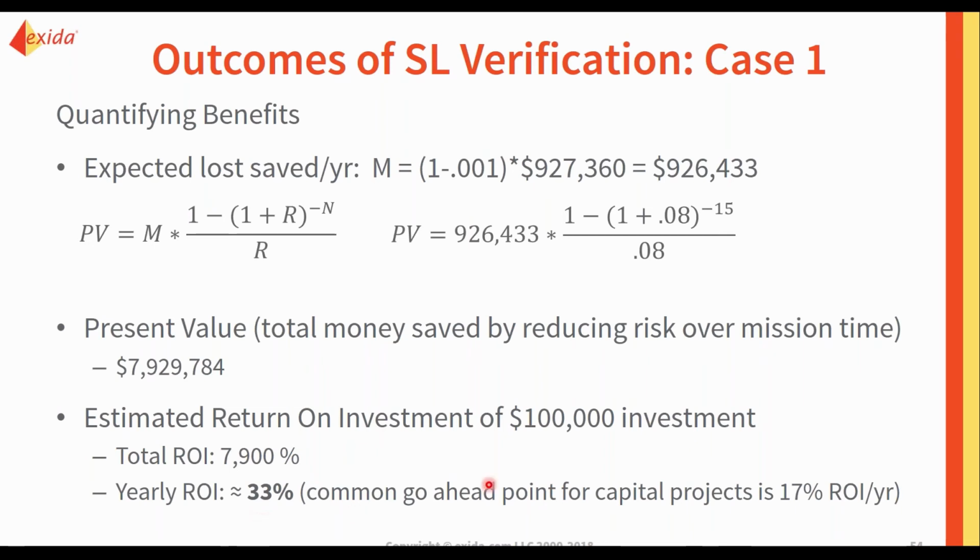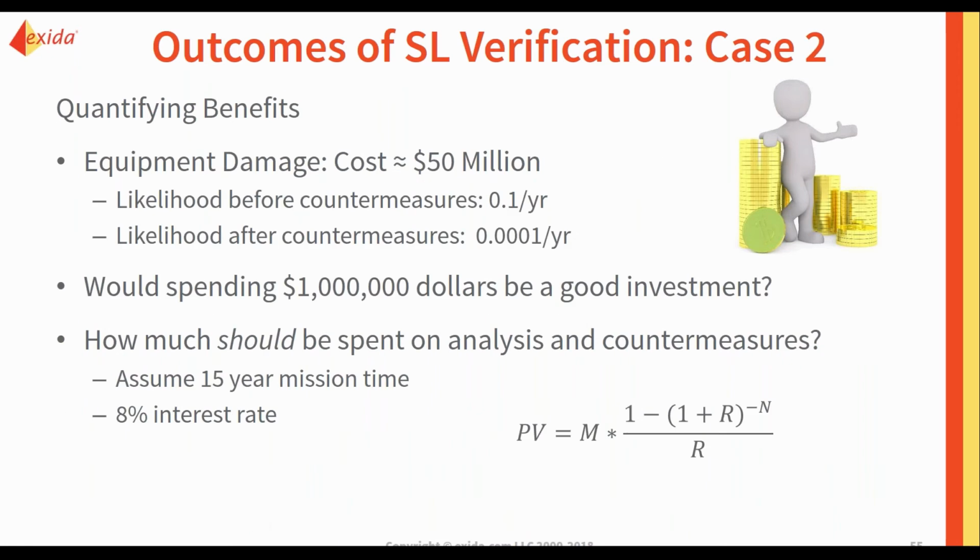And just for reference points, for a lot of capital projects in the chemical industry, around 17% ROI is typically the say-yes point, and that varies for different industries and for each company. But basically, that would show that from a justified spending perspective, in this case, spending $100,000 on cybersecurity would be supported. If we think about our other case, the potential equipment damage,